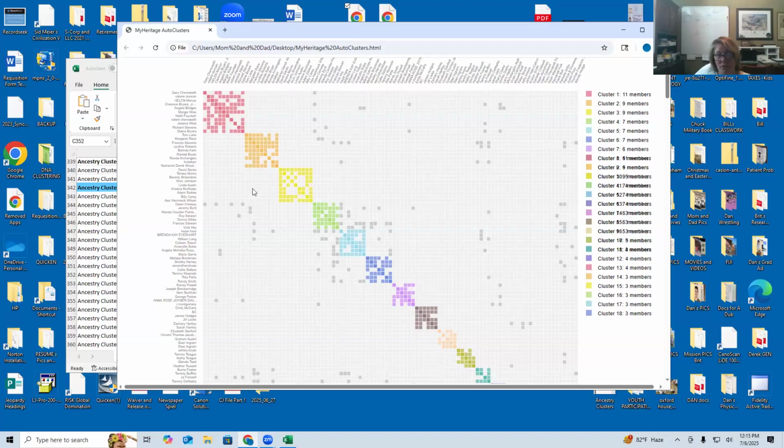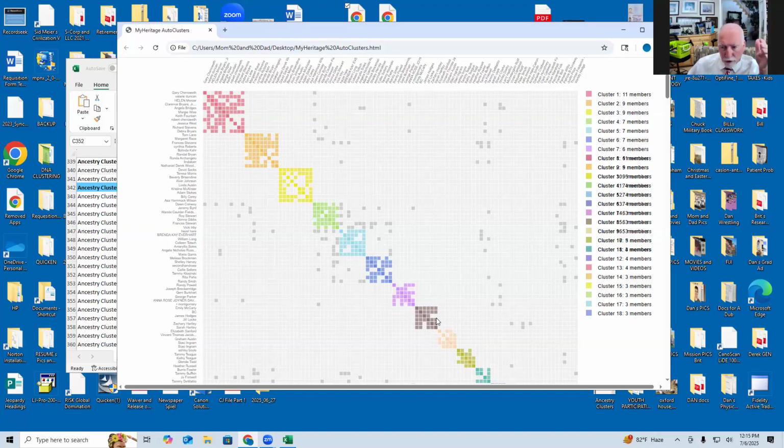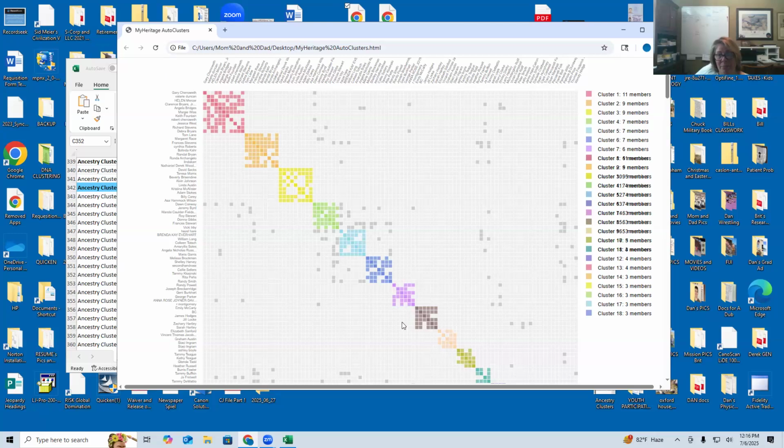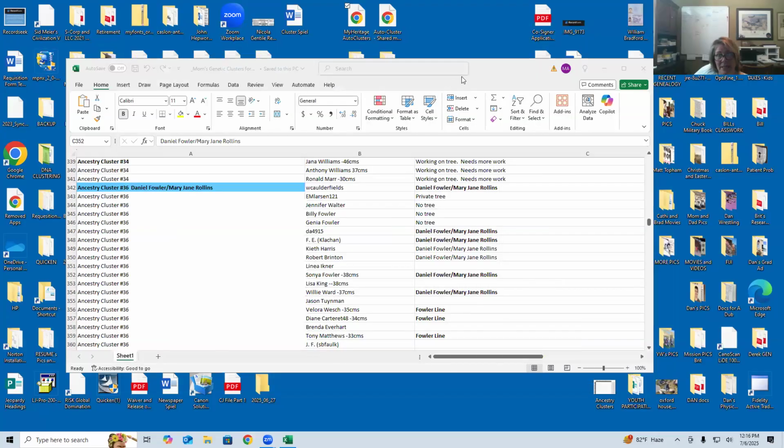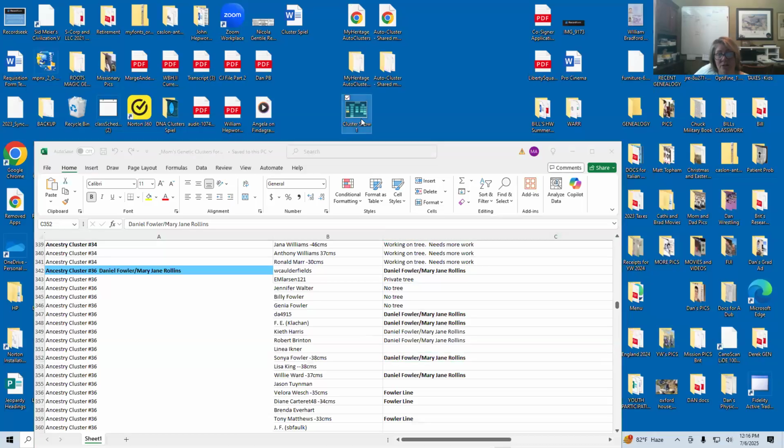So for example, here is an example of a cluster. And each of these squares represents one match. So you have this group of matches. Match, meaning one person from your DNA match list that belongs in this cluster together. Sorry, my desktop is kind of messy, but you're all in this cluster together because generally